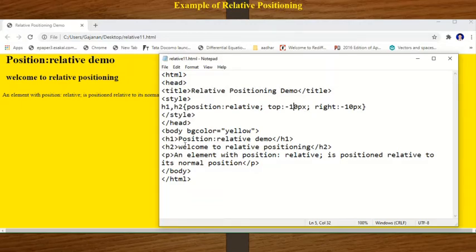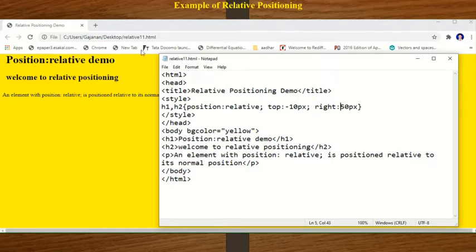If the h1 tag prints the relative position demo, and after that the next text holds the same properties. Okay, like from top -10 pixels are there, and from the right side -10 pixels are there. Correct? And if I want to change some details here, then these details are applied to h1 as well as the h2 tag. Clear?